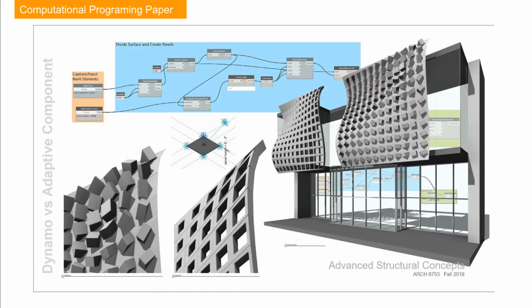One of the first projects we do is, I think, an unattractive project, but I haven't revised it enough to make it both beautiful and a concise learning experience. The idea is they make a free-form facade based on a form inside of what they design in Revit, and then they use both Dynamo and BIM adaptive component elements to create the same thing as a facade that responds to some other extraneous source. In this case, it's just an attractor point. But the goal here is to learn that the continuum between BIM componentry and computational design is almost seamless and